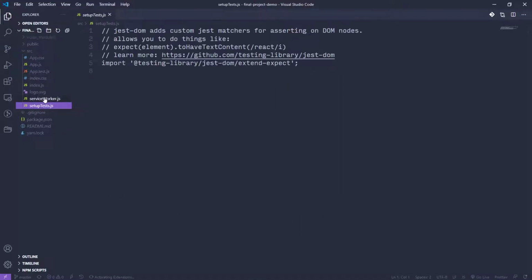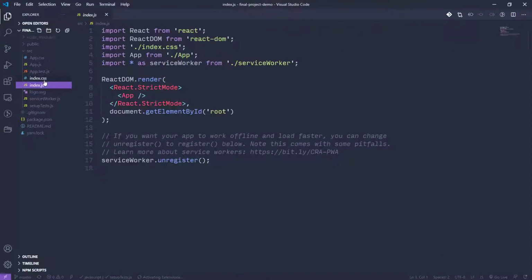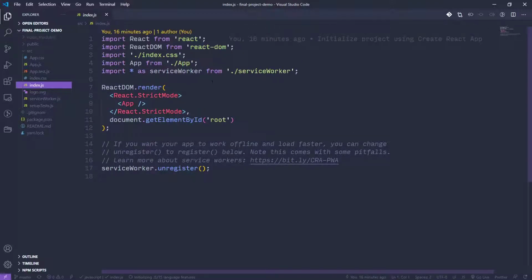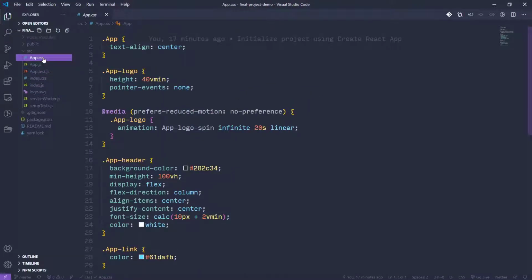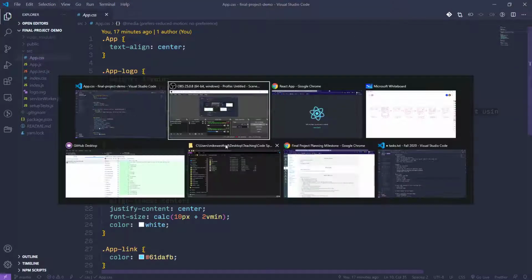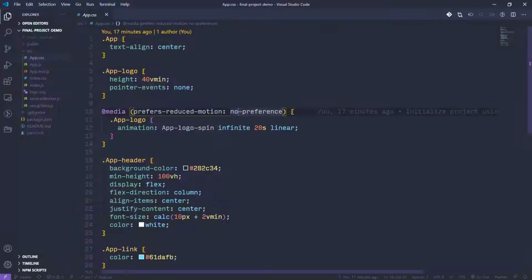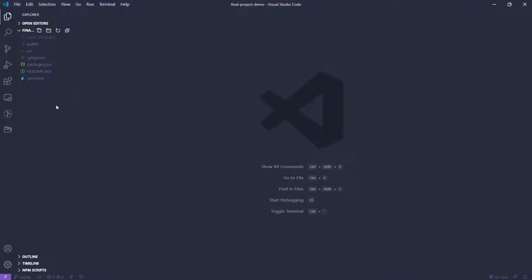And this gave us a project that had an index that used React DOM to render something to the root element of our page, and it had some default CSS and default components. So what I would do here is run it, make sure that it runs, and then I'm going to blow away all of this, and we're going to start fresh like we did when we were building the application together in the tutorials. So I'm going to create a new